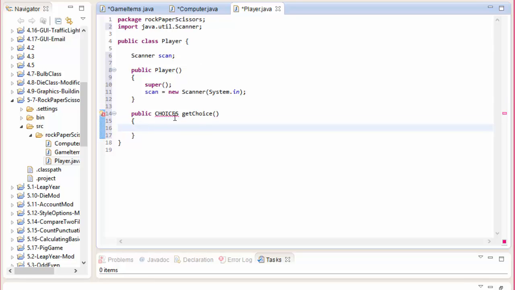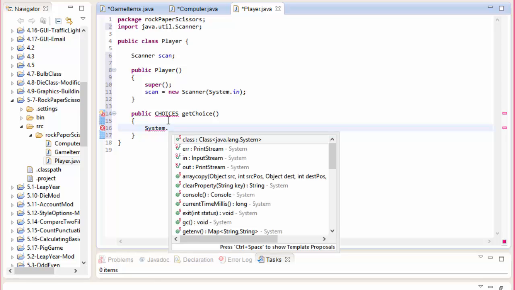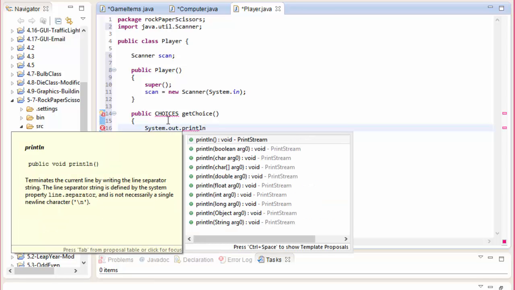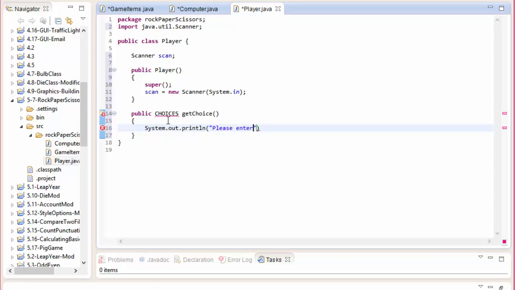And over here, we will first simply output, or instruct the user to enter, rock, paper, or scissors. So we will do a println with something like "Please enter your choice, and let's say R equals rock, P equals paper, and S equals scissors." Okay, so we are instructing the user to enter a value, and we will capture that in a variable of type char. I'll call it playerChoice, and that will equal